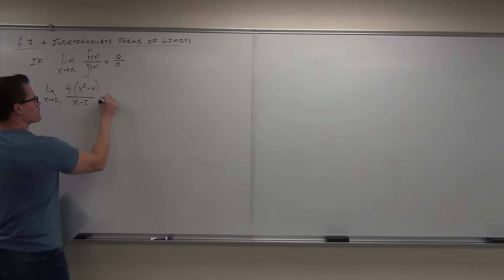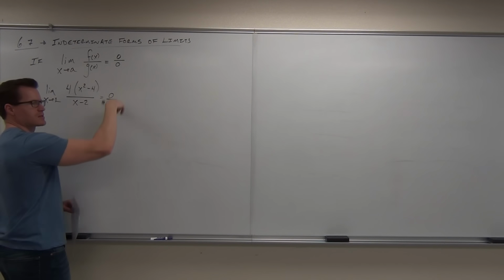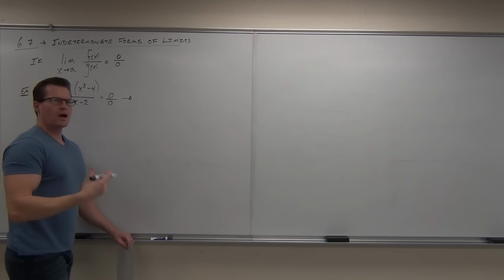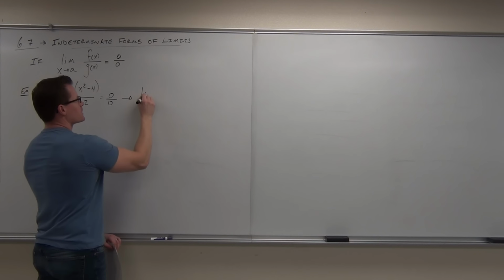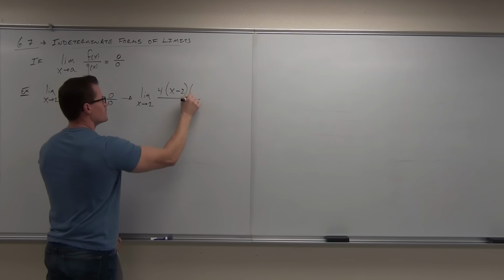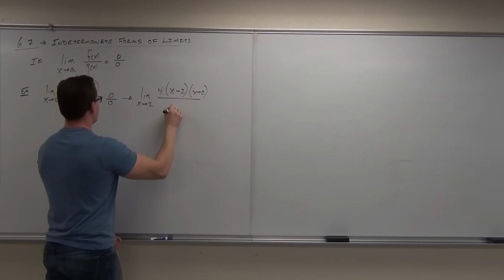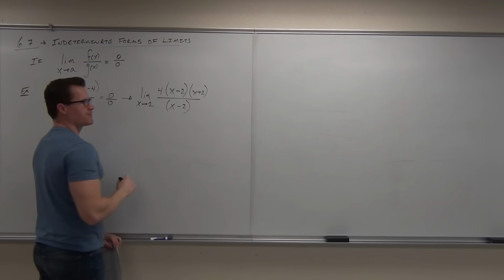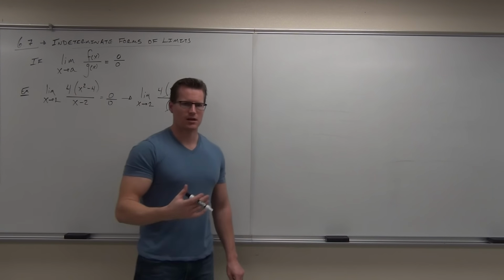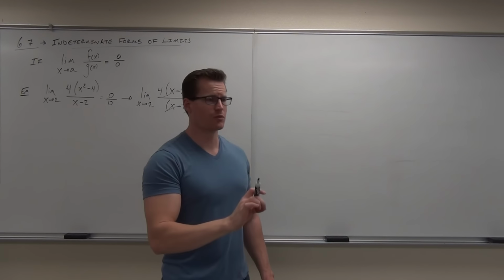So we get 0 over 0. We go, all right, well that's of this first type of indeterminate form. So we can work around that with limits and do things like this. This is what you're used to. What you're used to is doing, all right, well, this is x minus 2, x plus 2 over x minus 2. And if I can get rid of the problem, for instance, if the discontinuity is removable, you have a